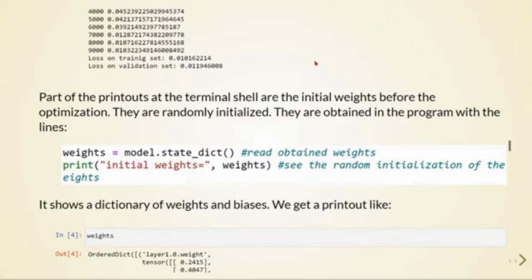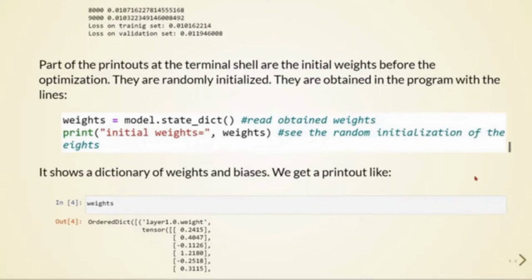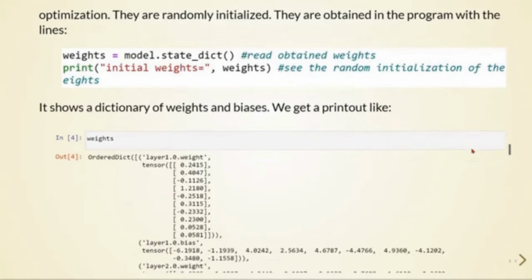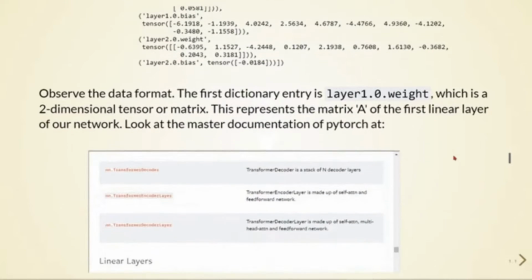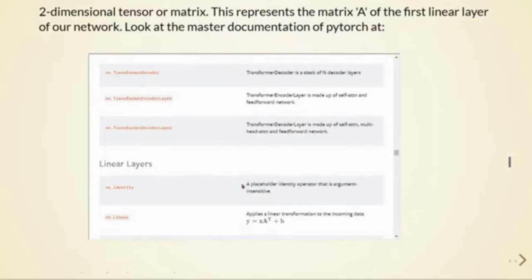They are randomly initialized and obtained with these lines here, and it shows a dictionary of weights and biases. So observe the data format. The first dictionary entry is layer 1.0.weight, which is a two-dimensional tensor or matrix, and this represents the matrix A of the first linear layer of our network. You can take a look at the documentation of PyTorch for linear layers